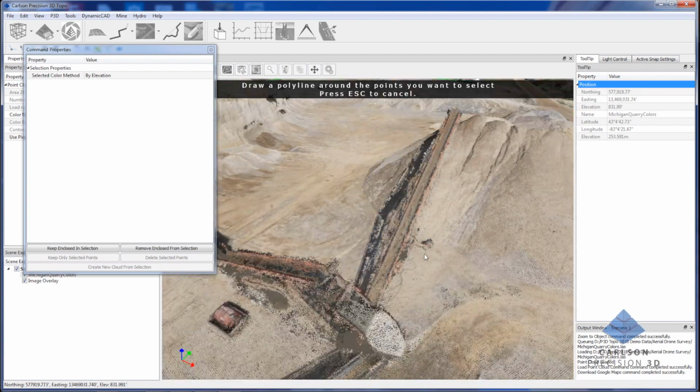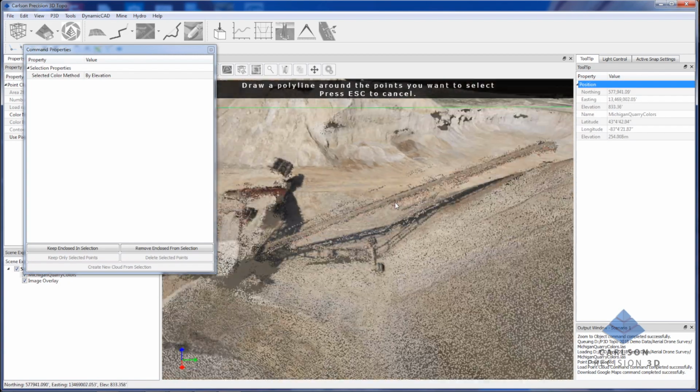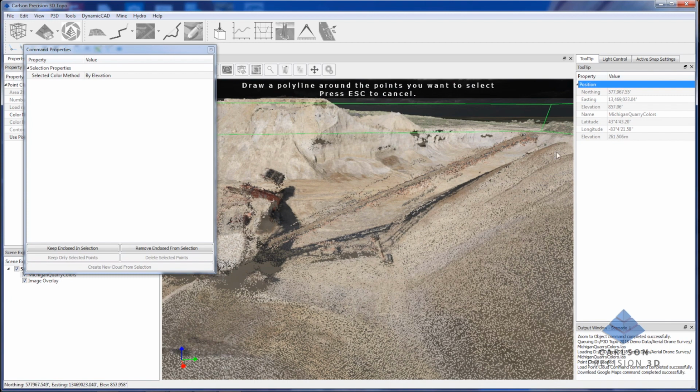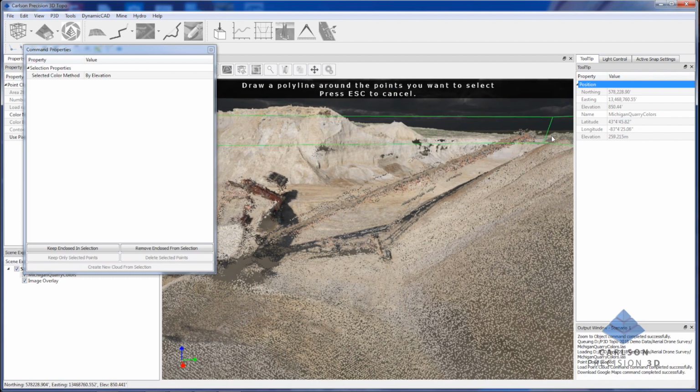And in this case, I'm just trying to quickly get rid of this conveyor belt over here. Now, we do have our crop by polyline, so we could do it in just X, Y, Z and draw a polyline. We could also do bare earth and remove it that way. But this new tool is pretty slick, and it's extremely handy for doing fine tuning and cleanup